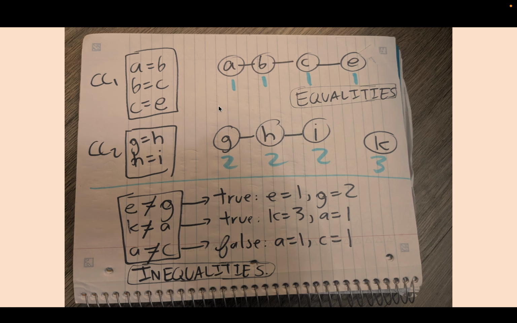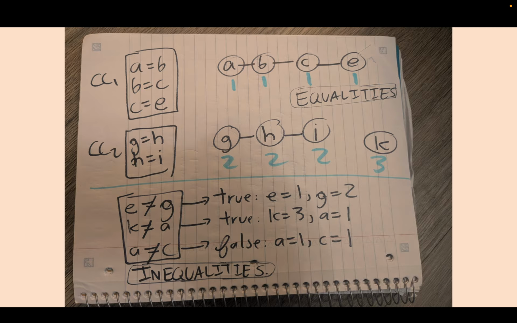And then we can extend these equalities to other equalities, like connected component 2, where we have g equal to h and h equal to i. So we create a second connected component because none of the variables g to i are related to the variables from a to c and e. It's its own standalone graph, and we can also create one for k if it's a variable that existed but wasn't part of an equation. Because we're focused on what's equal first, we can assign globally unique values like 1 or 2: 1 for a to e, and 2 for g, h, and i,